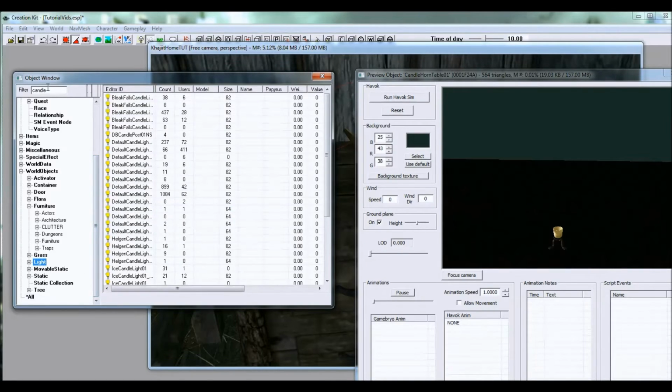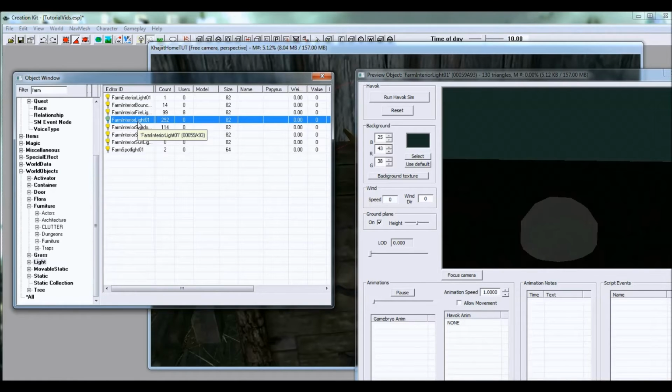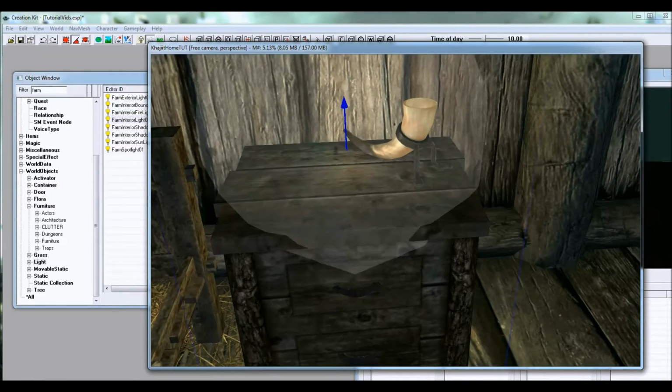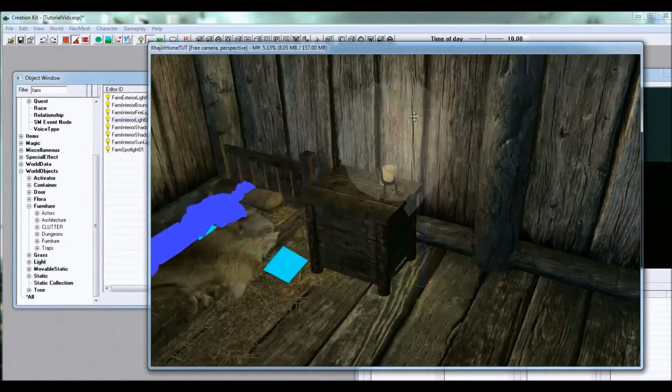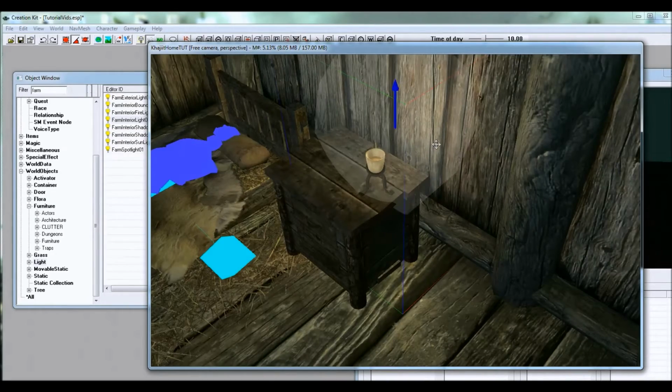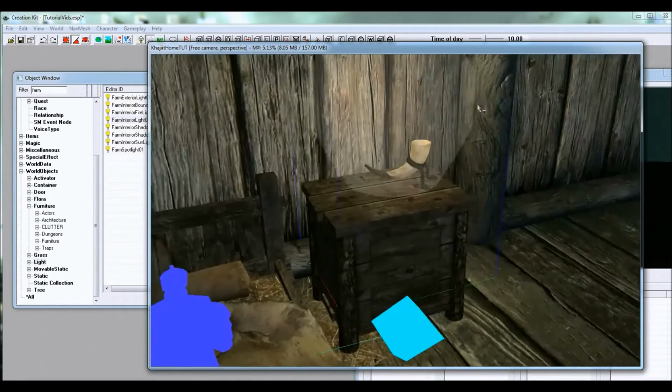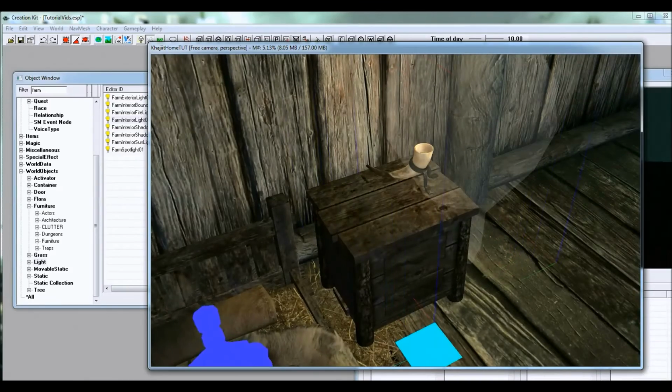Simply click light to filter it out. Do farm, there it is. Farm interior light 01. And drag that one in, and as you can see right off the bat, you have a lot more light in your view. Put it just around that so it looks like it's actually coming from